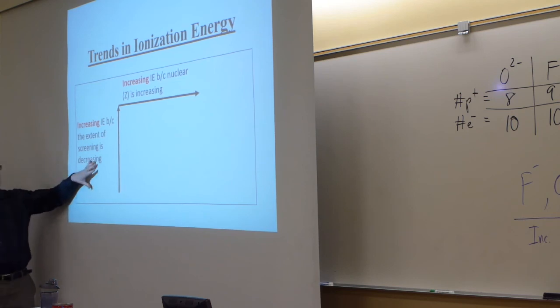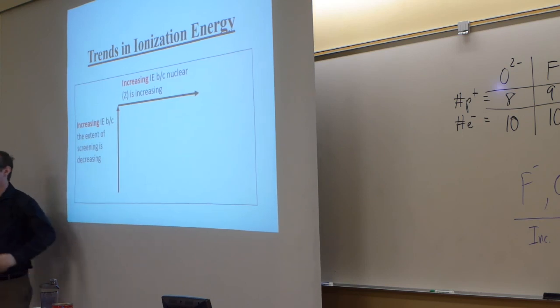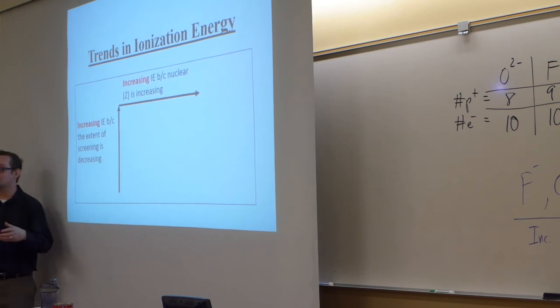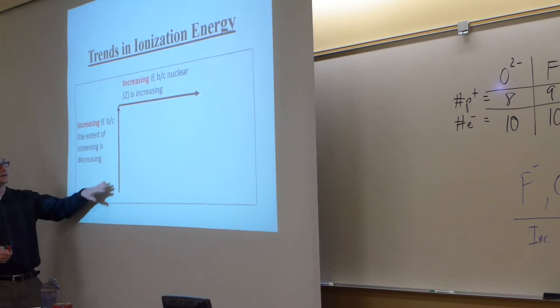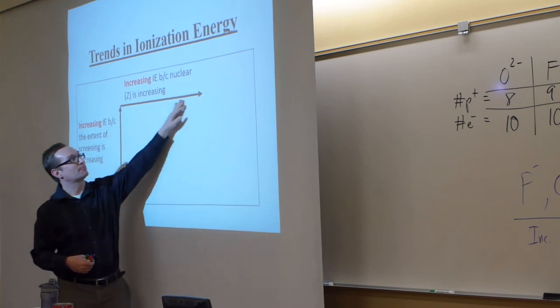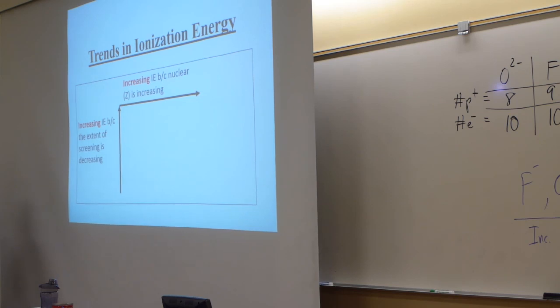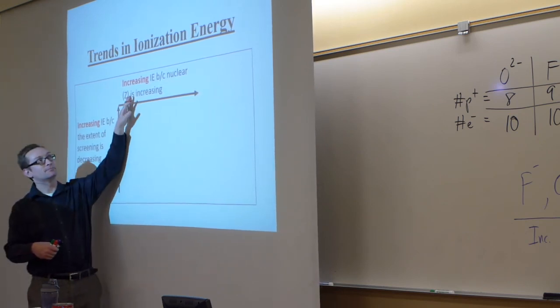So when I say the extent of screening is decreasing going up a column, what I'm saying is the nuclear charge is decreasing, yes, but also the extent of screening is decreasing. You're having fewer people at the bar, so to speak. You have fewer electrons in that atom, so there's less screening going on. Okay, and then as you go to the right in the row, you're increasing the nuclear charge, right? The atomic number is increasing as you go to the right. So there's your Coulomb's law. Okay, you've got the positive